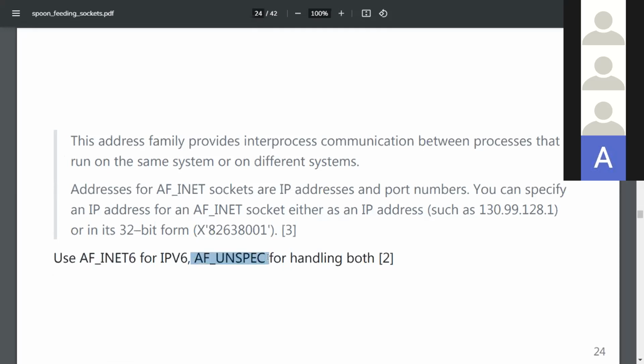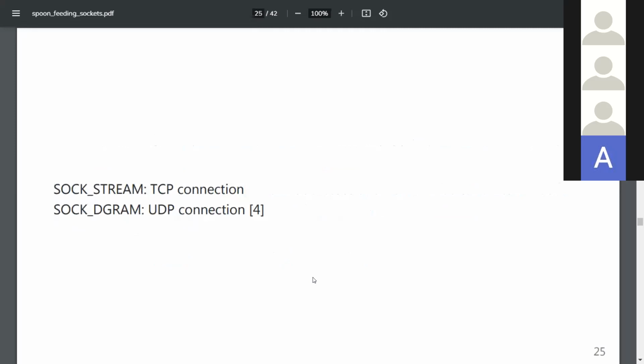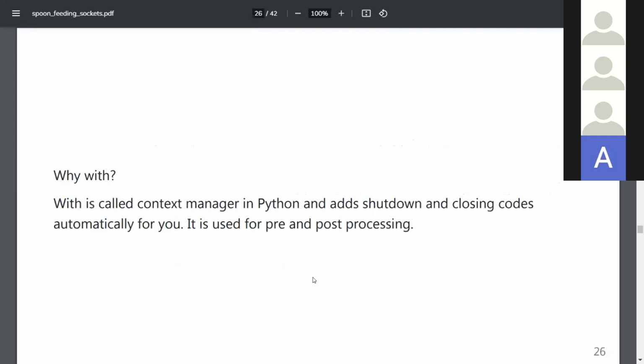And then the docs has an example of using AF_UNSPEC for handling both IPv4 and v6 addresses. And then socket.SOCK_STREAM, what does that mean? It means that we are making a TCP connection, as opposed to SOCK_DGRAM for UDP. So that's it.